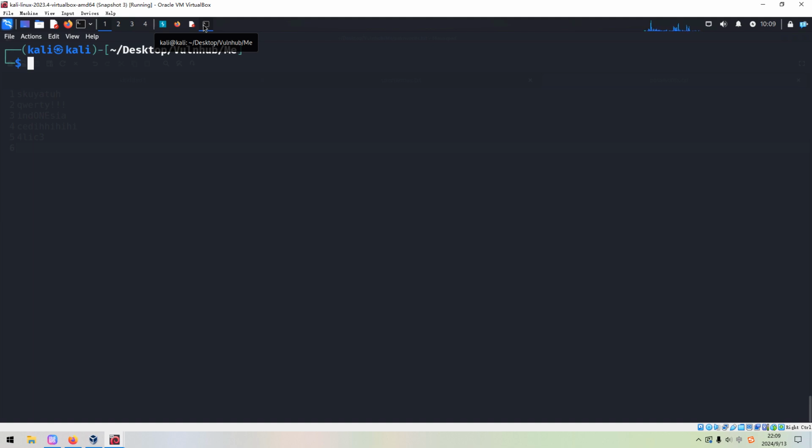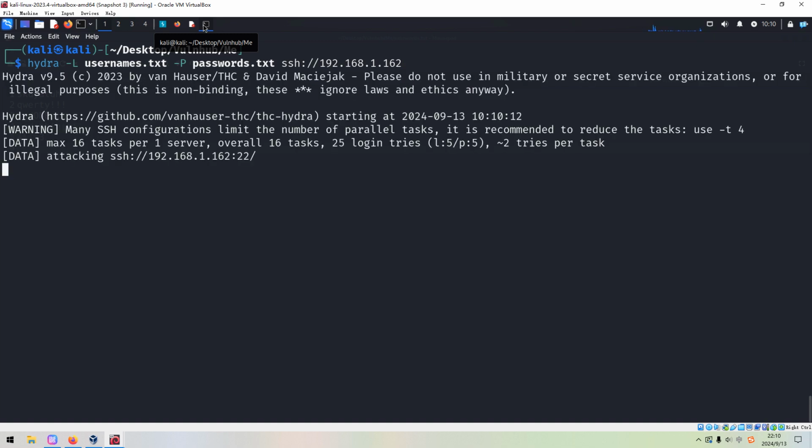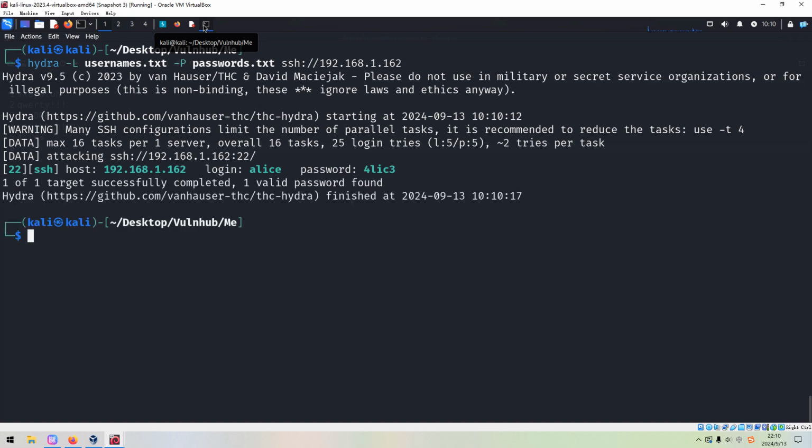So next we can launch Hydra, with the uppercase L to specify the username dictionary, and the uppercase P to specify the password dictionary, followed by the IP address of the target. Press enter to see whether we can retrieve valid combinations of username and password.